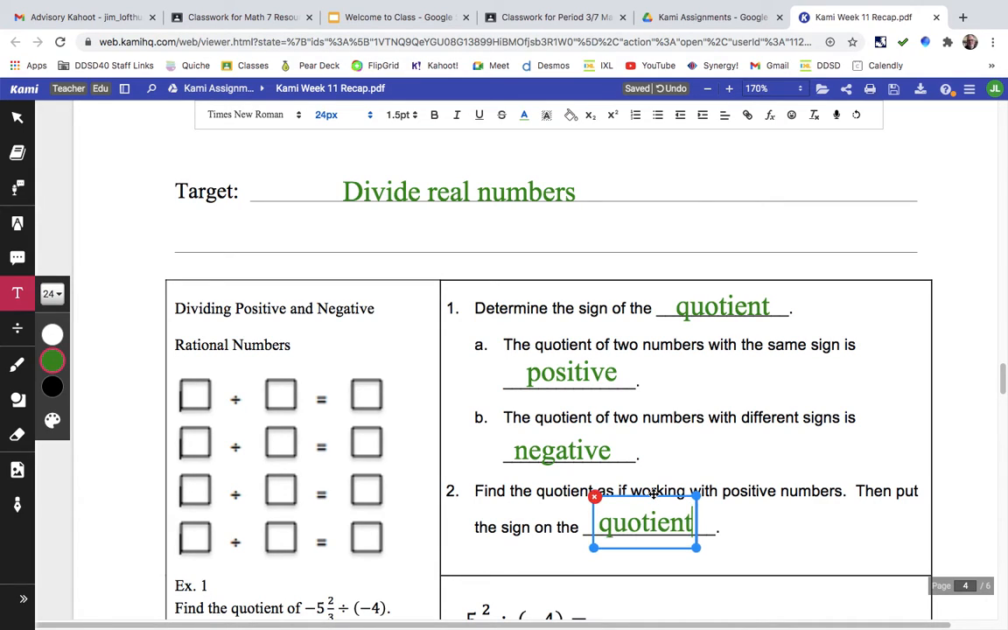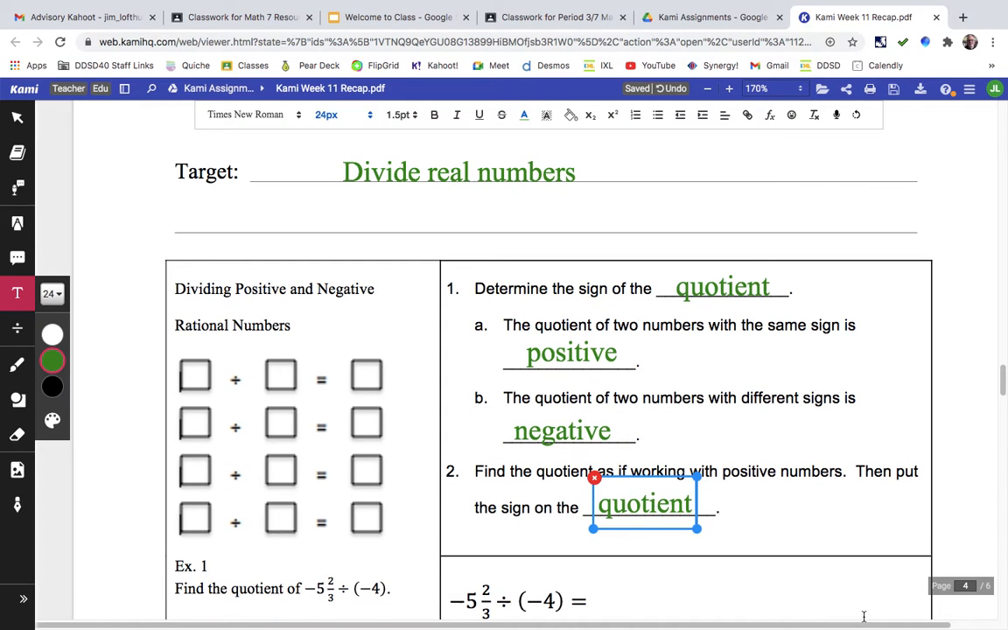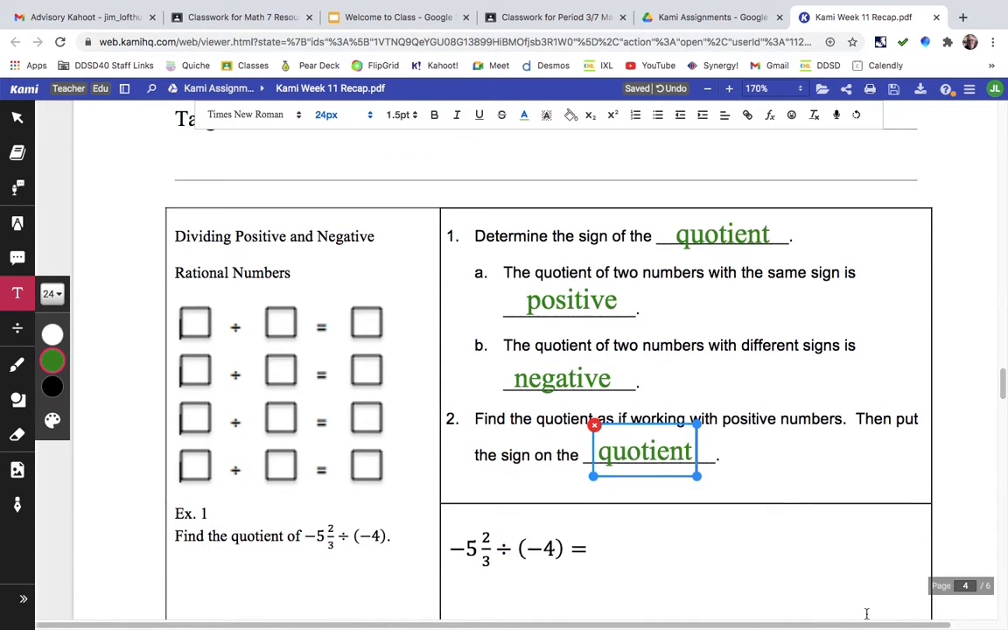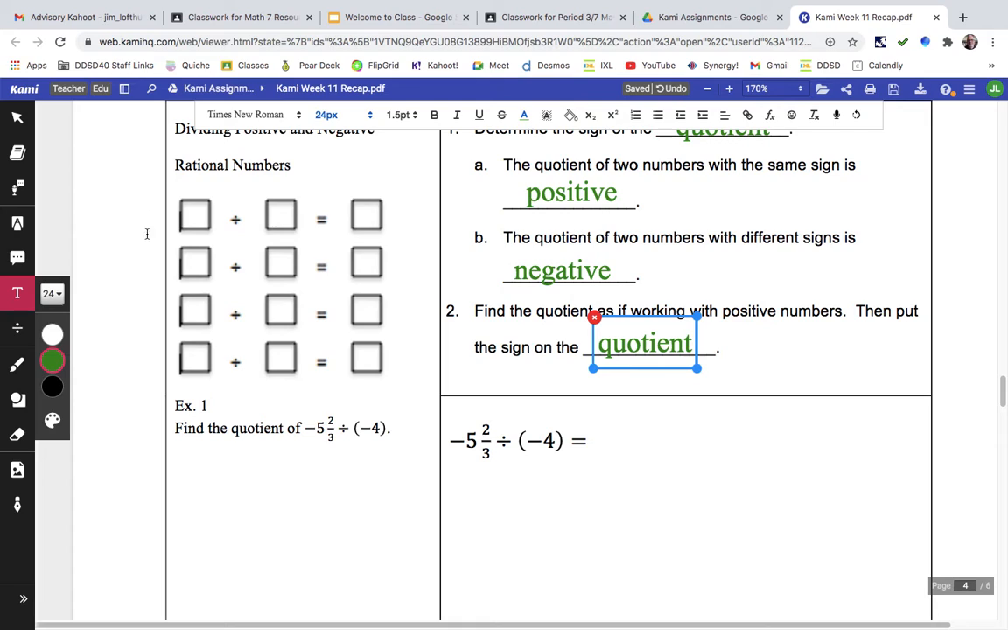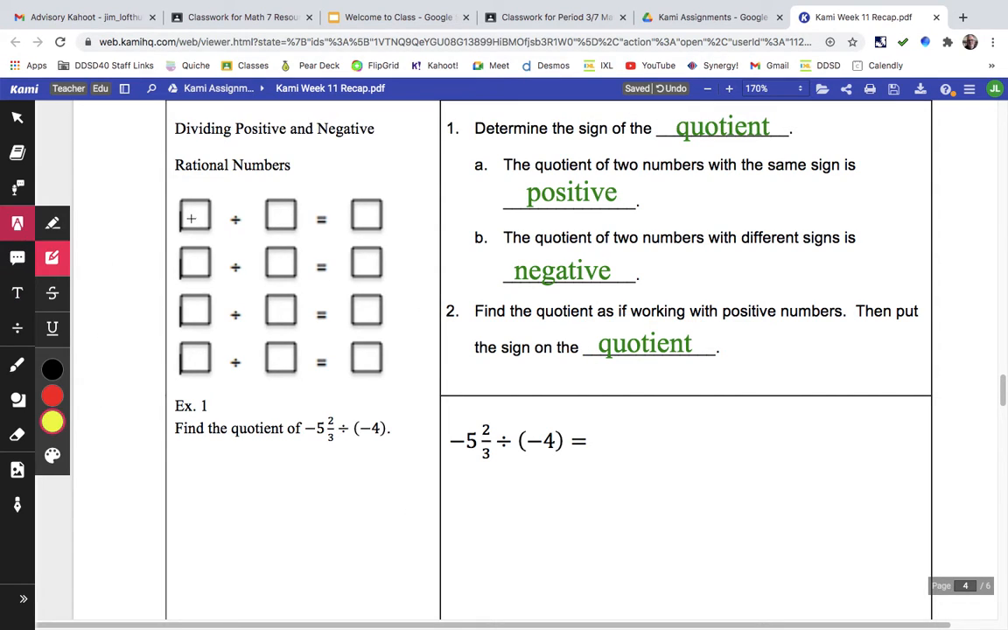It's easy to say answer, but technically, mathematically, the answer in a division problem is a quotient. And this color here is exactly the same as it is with multiplication. So let's just